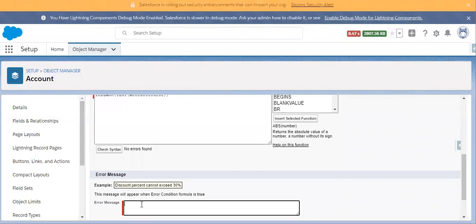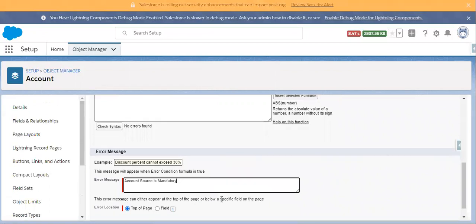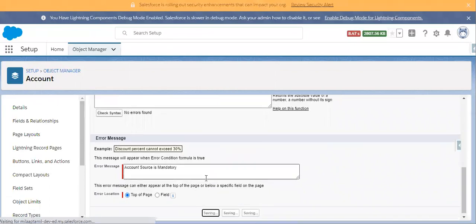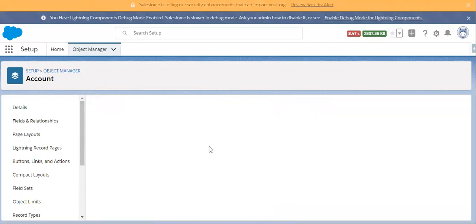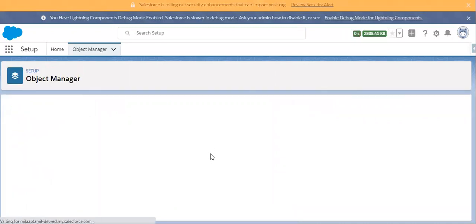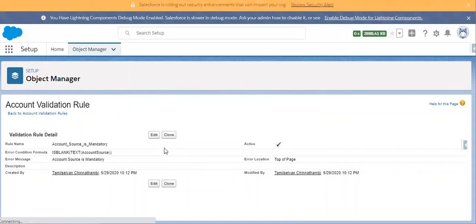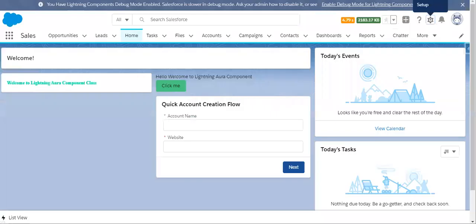Let's add the error message, account source is mandatory. Let's save it. Since we made account source a mandatory field, the flow should not allow creating the record with the two fields. So it should enter into the failure flow and create the case.